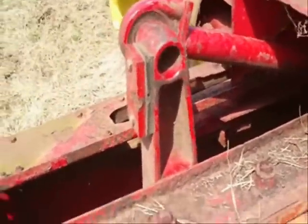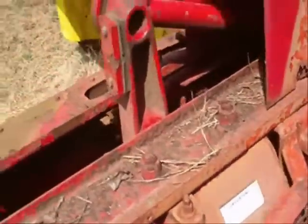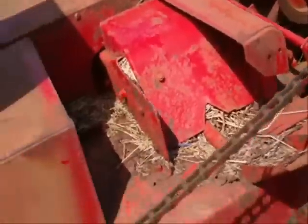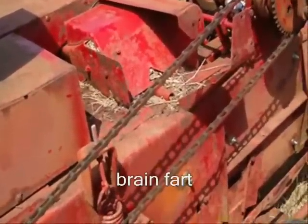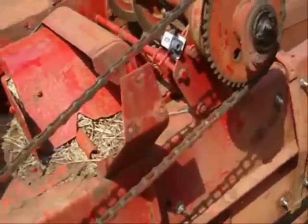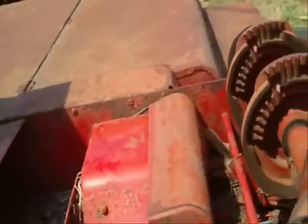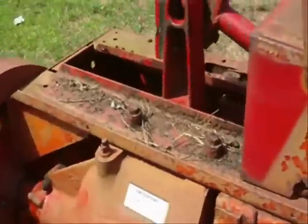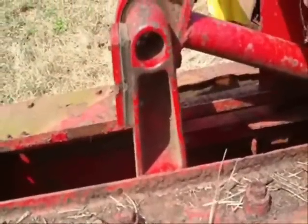Now, I can only say for a fact that this will time a model 268, excuse me, 265. A model 65, such as those, has another chain that comes off the side here and runs in through there and actually works the, what the heck, I can't think of what it's called. Anyway, what pulls the hay into the bale chamber, it actually works off of another pulley, and so you have to time that also. But on this one, on a 265,